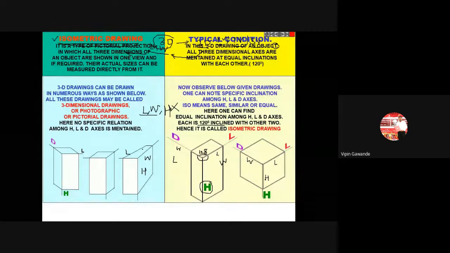If you take the length on the D axis, then width will come here. Now how to take this length and width, we'll see afterwards. Just remember, if I take the length here, then you have to take width on the other axis. Height is always vertical. And if you take the width here, then length comes on the other axis. Where to take the length depends on the problem, so we'll decide that afterwards.